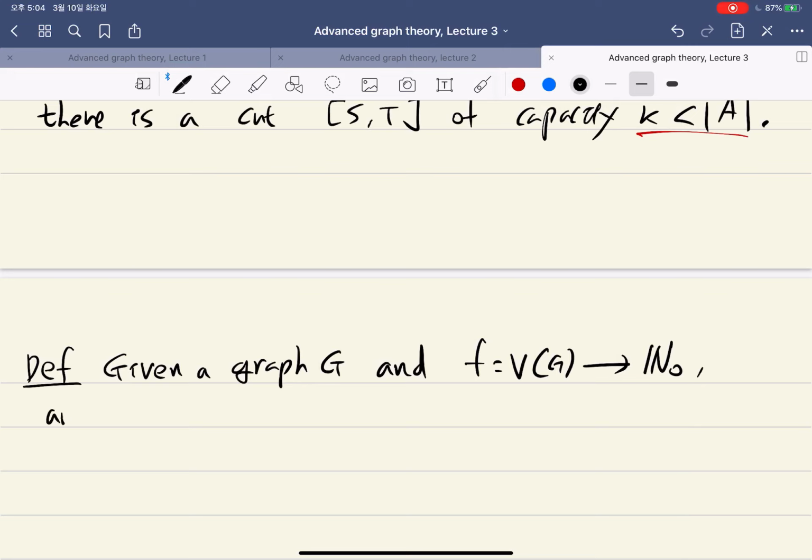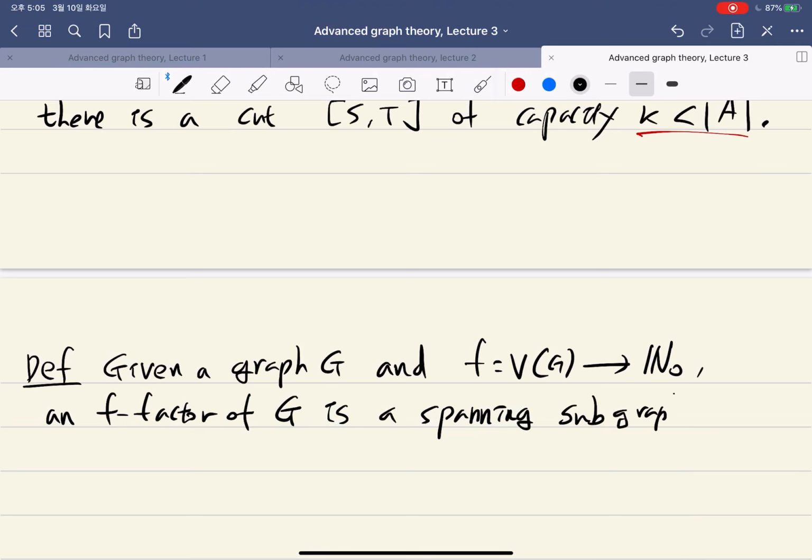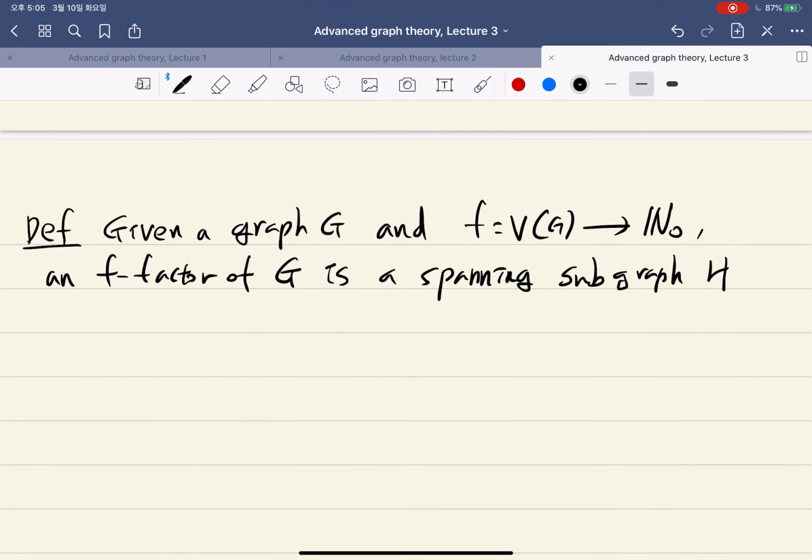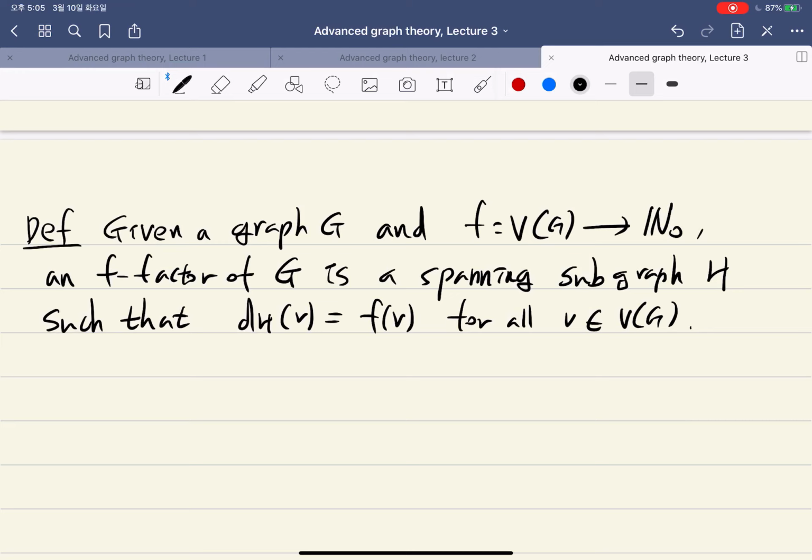we say an f-vector of G is a spanning subgraph H. So again, a spanning subgraph is a subgraph which covers all the vertices, such that the degree of v in H is the same as the f value of the vertex, for all v. Then we say this is an f-vector, and we say a k-vector